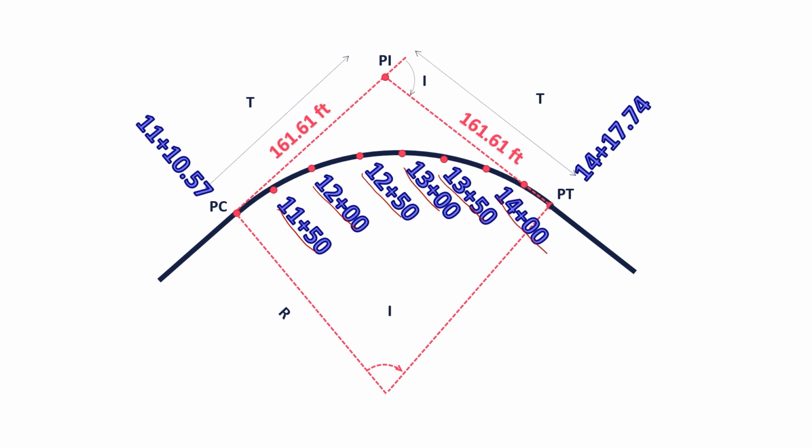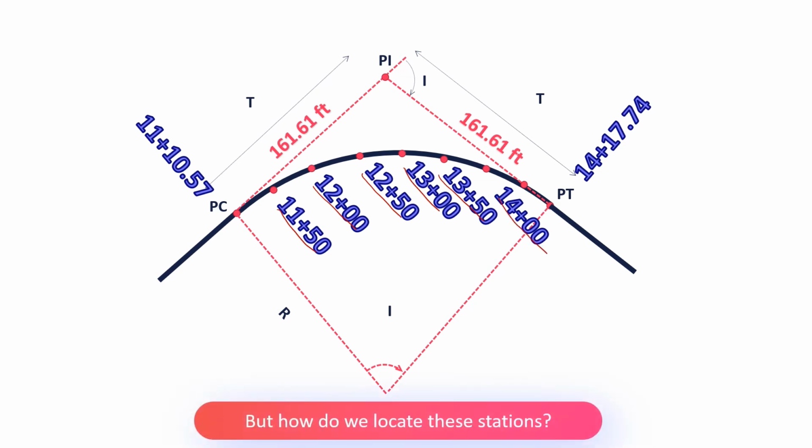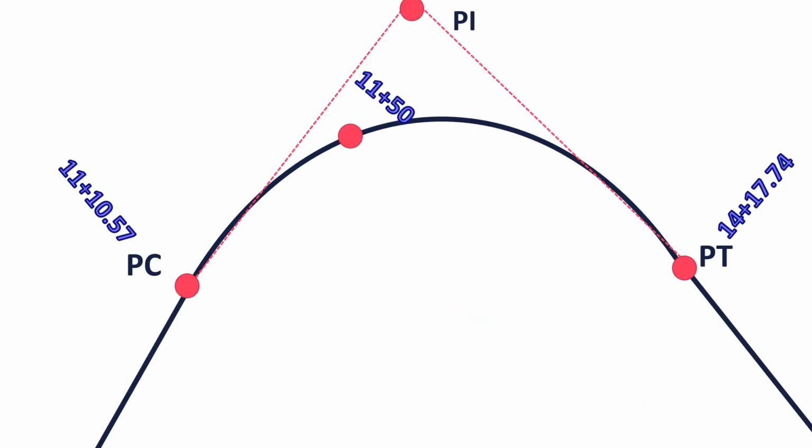But the question here is how do we locate these stations? You know that the station numbers are these, but how do we fix these stations using a total station? To fix this station, we use a total station and a prism. We first set up the total station at point PC, and we place the prism at PI. So we sight this prism and we set this angle to 0,